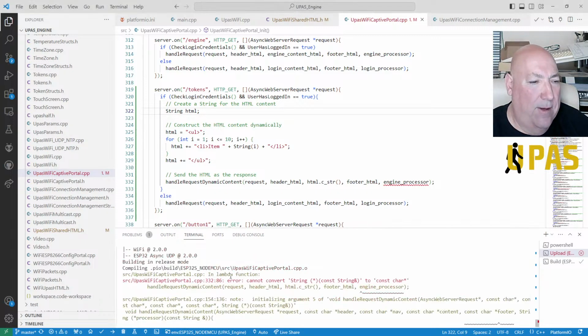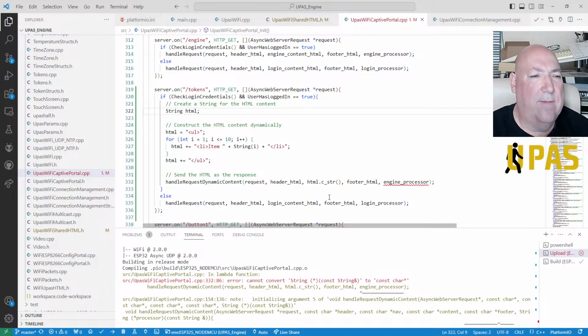Ah, non-compiling code now. Cannot convert string hash constant character string to constant character. Right, so it doesn't like something or other. What doesn't it like? So it got 1, 2, oh. Yes, alright, I got it. We're missing a part here.